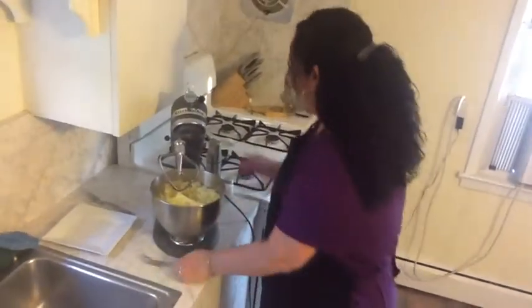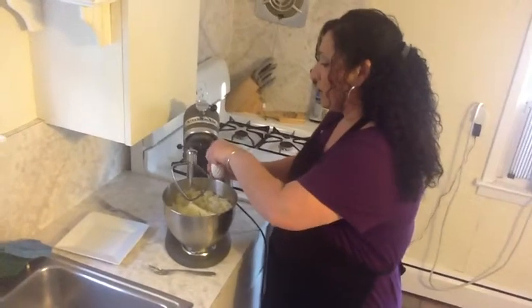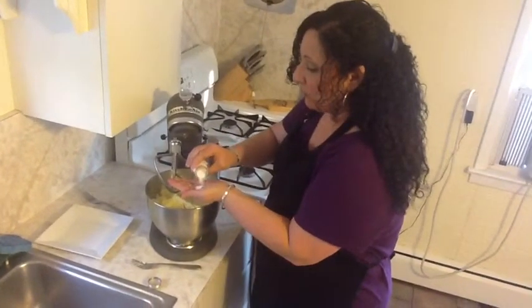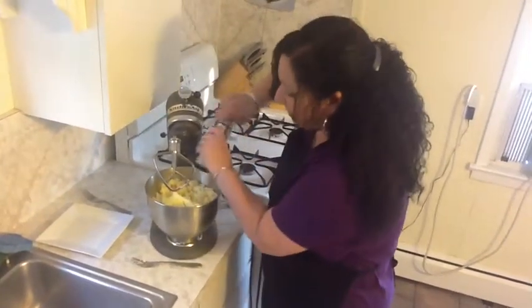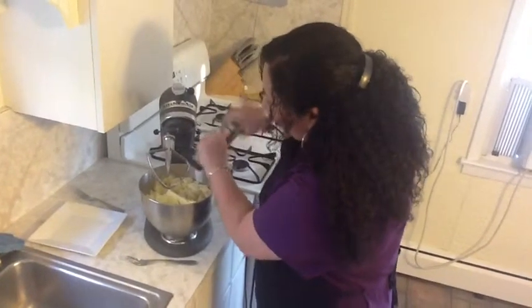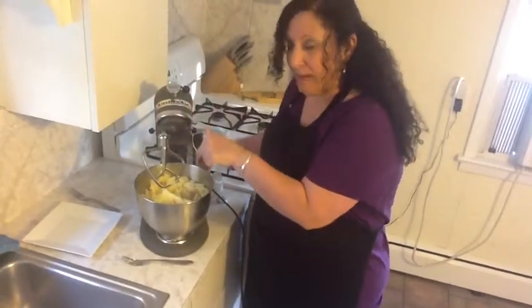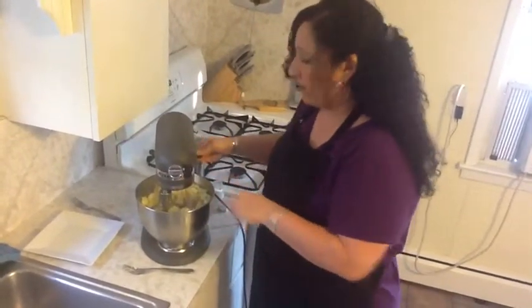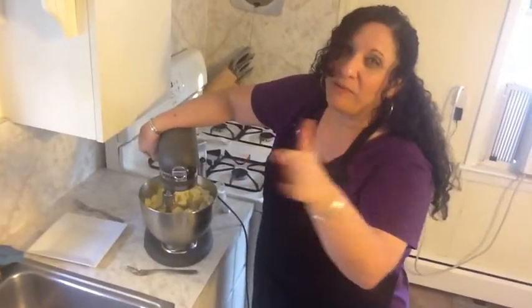What can I say? We're going to add some salt, actually a little bit more than what the shaker could do. I'm going to just do a little handful of salt. Wow. And some pepper. And we're going to have Shirley mix this up, and then we're going to add milk to it. But first, let's just have this start, and we're going to shut the camera off because it makes a lot